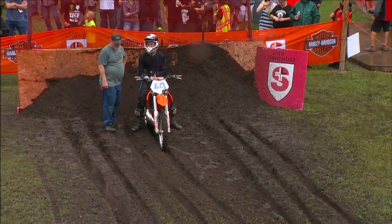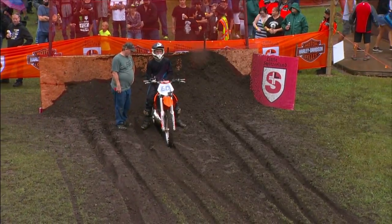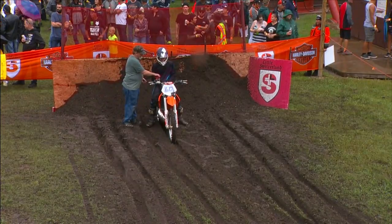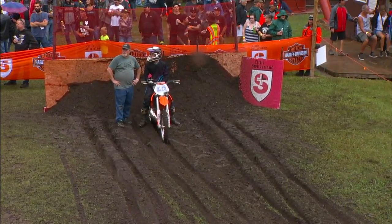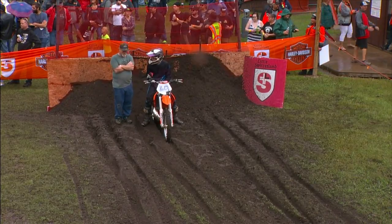So we switched over to the 250 Pro class. As you can see, that's a 250 dirt bike right there. And this is Logan Peterson going in for the first run. Brando, what do you want to know about this bike versus the bikes that were just up there? Yeah, well, just the 250 class versus the